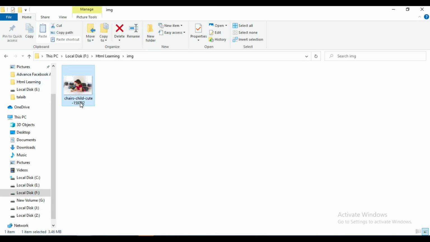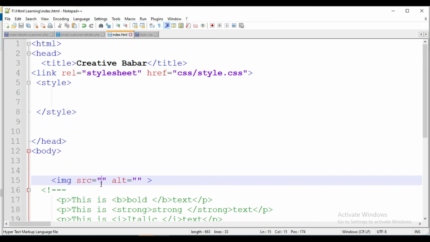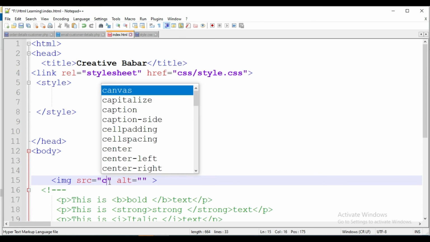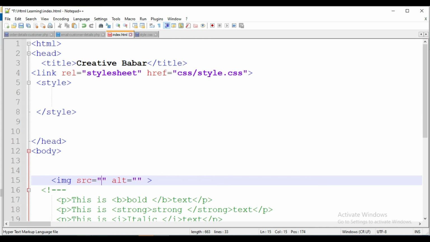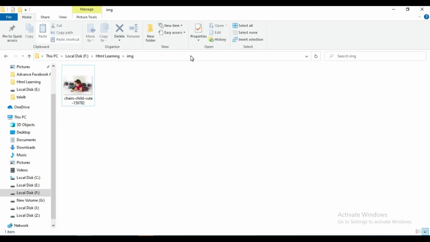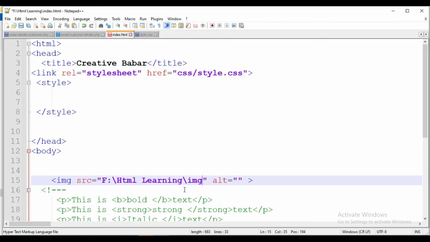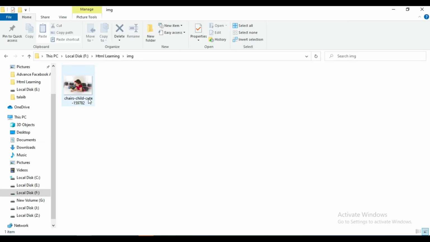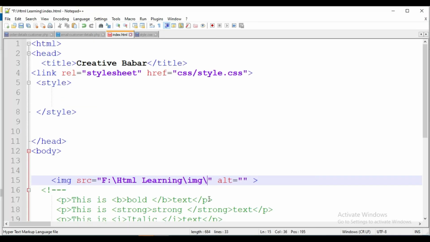So I am going to copy the name of this image, and I am going to the path like that. You can copy the path like this and put it here, then a slash, and now the image name and file type.